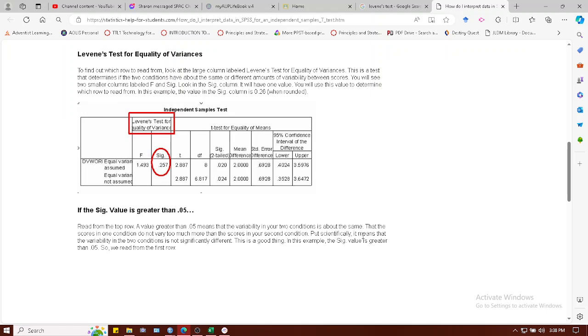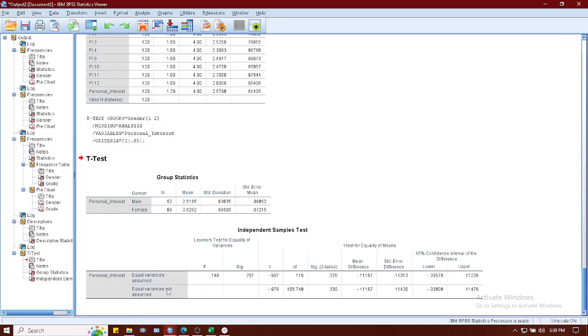Put scientifically, it means that the variability in the two conditions is not significantly different, which is a good thing. So in this example, the sig value is greater than 0.05, so we read from the first row. In our output a while back, the Levene's test for equality of variances is also greater than 0.05. So we read from the top row.